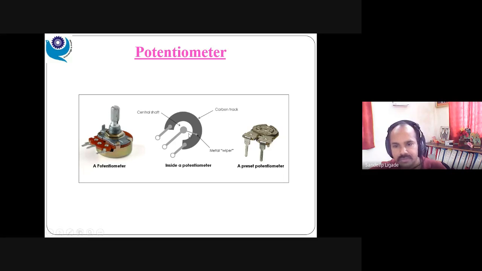So this one acts as a metal. Aluminum acts as a metal wiper. So whenever there is a movement of this wiper, there is a change in the resistance. And this one is one more resistor, which is nothing but a preset. It is also variable, and also has three terminals: A, B, and C. This is also a preset, and precisely we can change the value of this resistance. That's what is called a preset.